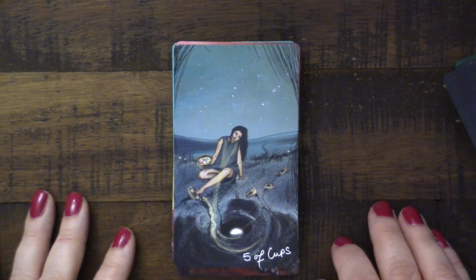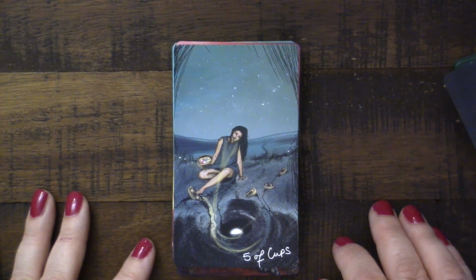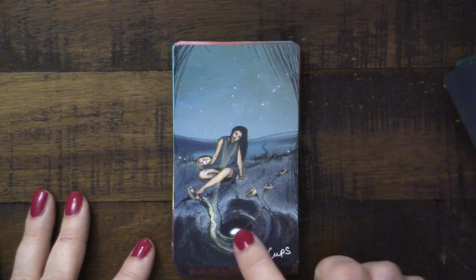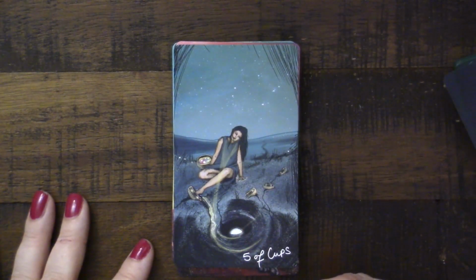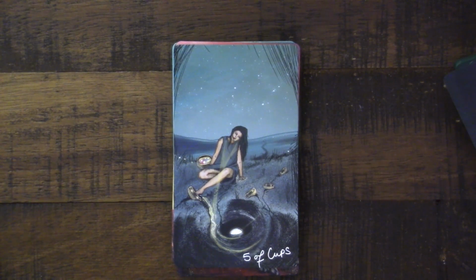Five of Cups is really beautiful. There's something really poignant here. It's almost like you're seeing the moon reflected in a pool of some way. So I can't say that I know exactly what is going on here. So let's take a look. But it really speaks to me. And that's one of the things that's neat about a deck, when you may not even know exactly why, but